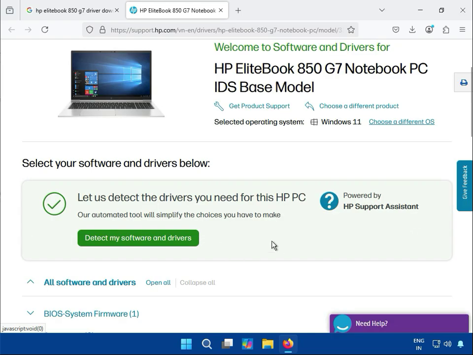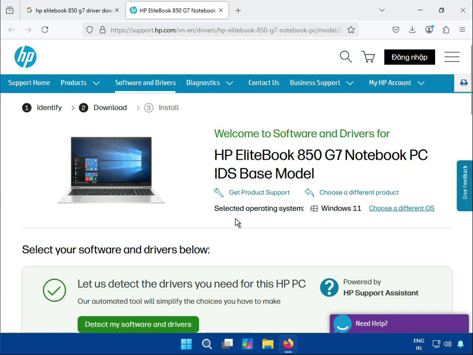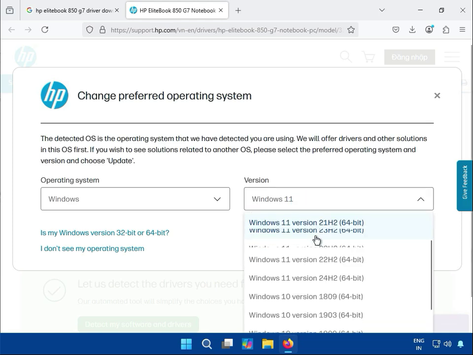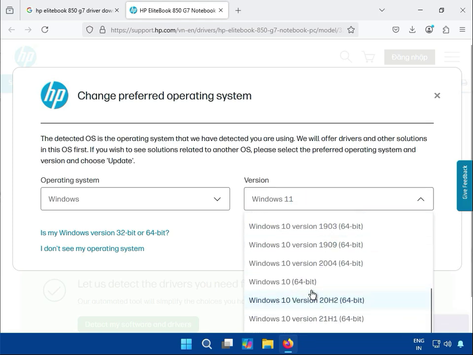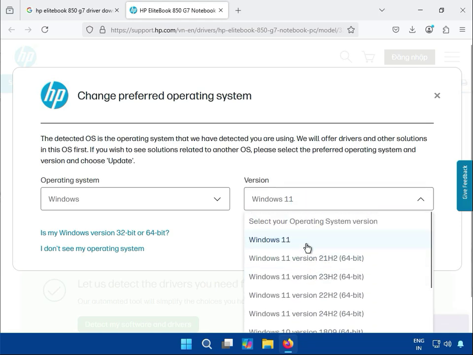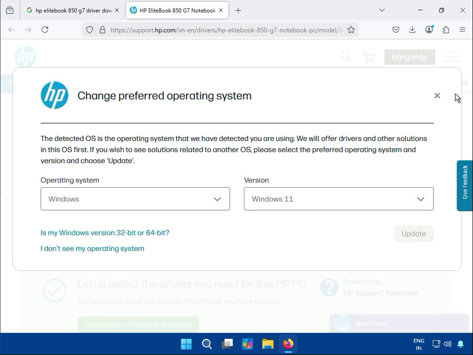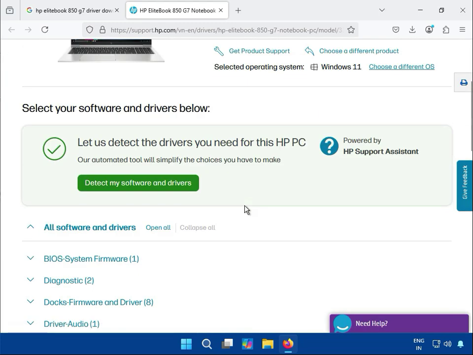When you search on Windows, you come to this view. Okay, and then click to choose OS, select the OS which is required, Windows 10 64-bit. Okay, perfect. Then next,